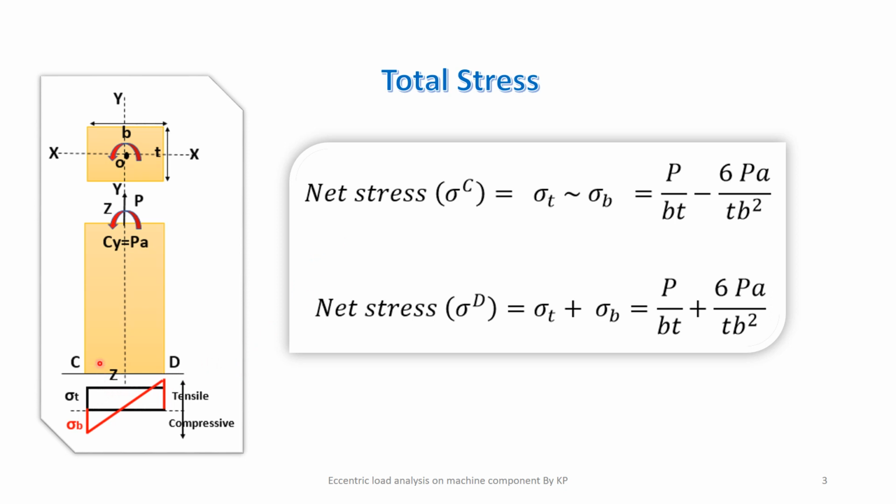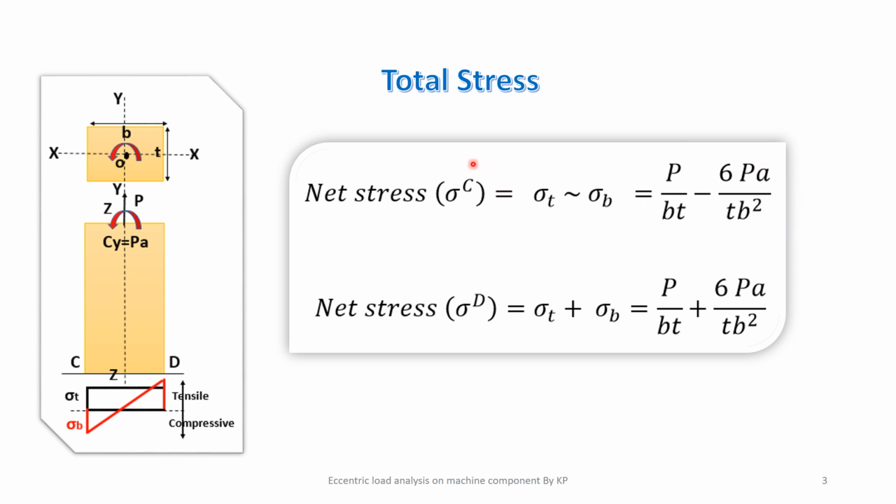We want to find out the net value of stress on the C side. It is the algebraic difference of these two stresses. So sigma C, the net stress on the C side, is sigma T minus sigma B. This sigma T value is P divided by b t, and the sigma B stress is 6 P A divided by t b square. If the sigma B value is higher, we get this net value as negative,